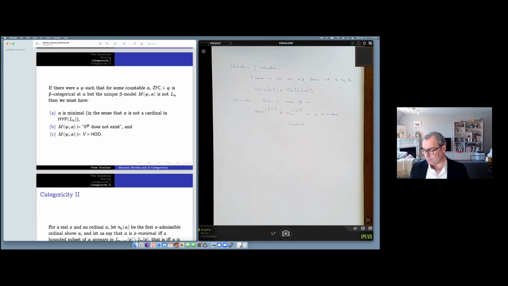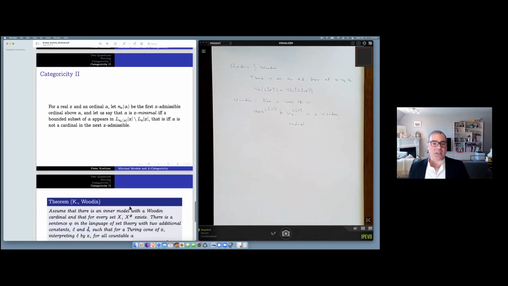So this is the beginning of a whole series of results, which led to the conclusion that under AD, I'll just focus on L of R for a minute, the HOD of L of R is a fine structure model, but it's not one of the fine structure models in the old traditional sense. The Mitchell-Steel models are fine structural, but they don't have much information about how to iterate themselves. And the HODs end up becoming fine structural models in a new hierarchy, a hierarchy where there are large pieces of the iteration strategy in them. Okay, I'll say a little bit more about that in a bit.